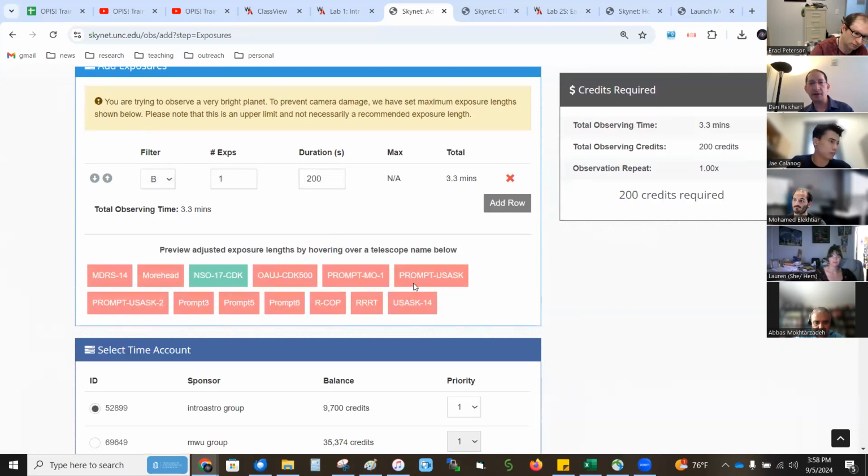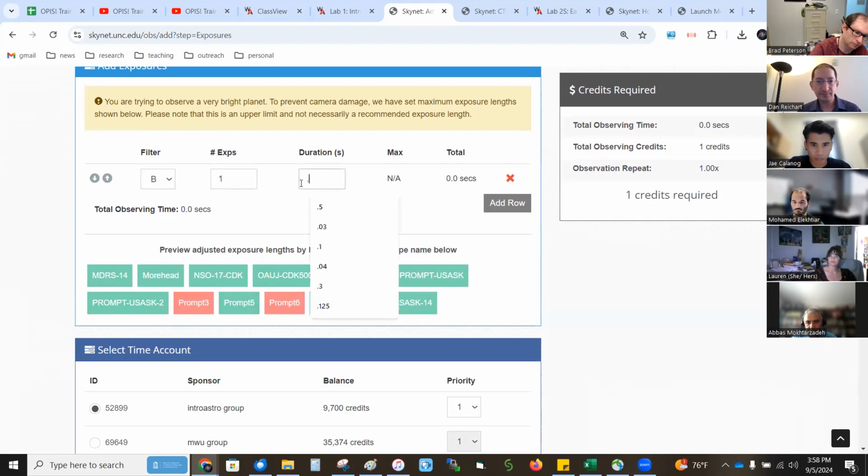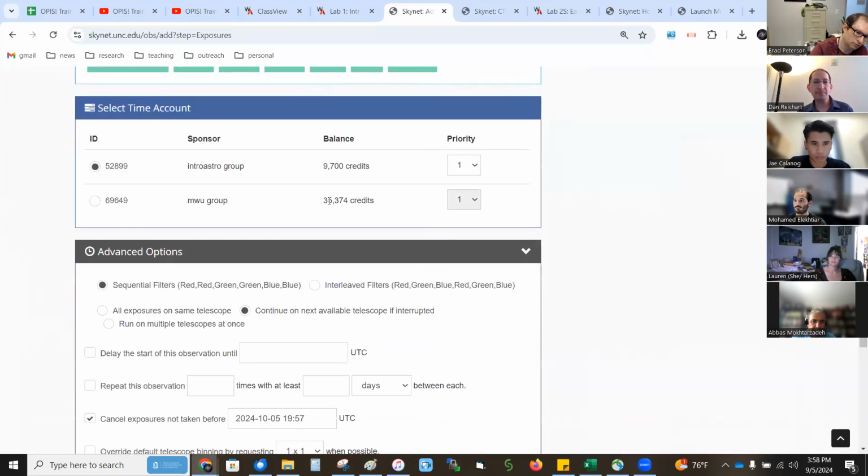So it would get rid of a lot of them. Or if you're doing something too short, like 0.03 is the limit, these two telescopes would change it to less than 0.03 and the shutter can't move that quick. Anyway, so you can lose a few telescopes at this stage. It's okay. So I'm going to do one at 0.3.